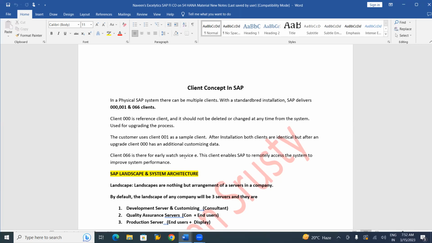You are in Hyderabad and your project manager is in Texas, US. Whatever customization and configurations you are doing in your system, sitting in Texas, he will have access to 066 client.